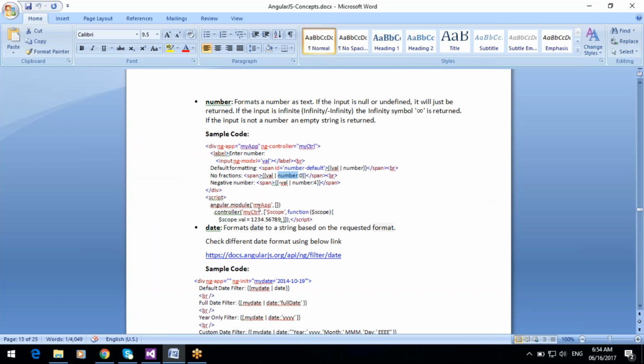So this is the number format. Without any fractions it will display, use number colon 0. And if you want to display fractions, number colon and the value.